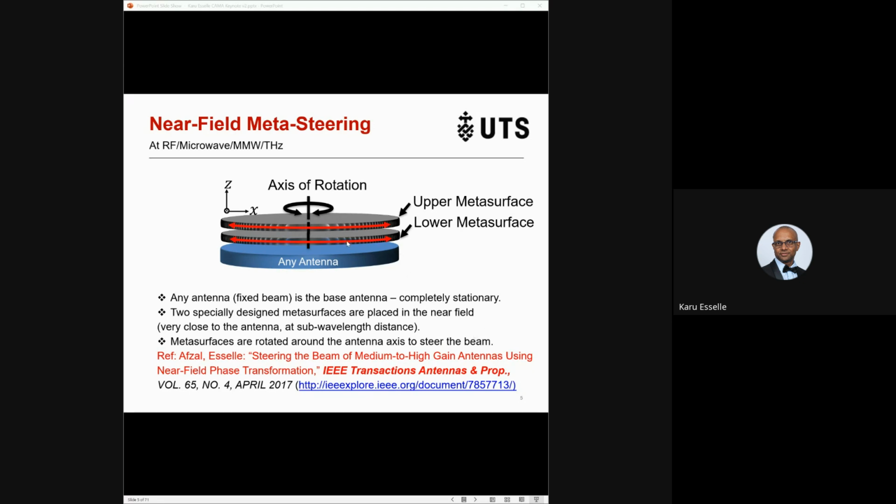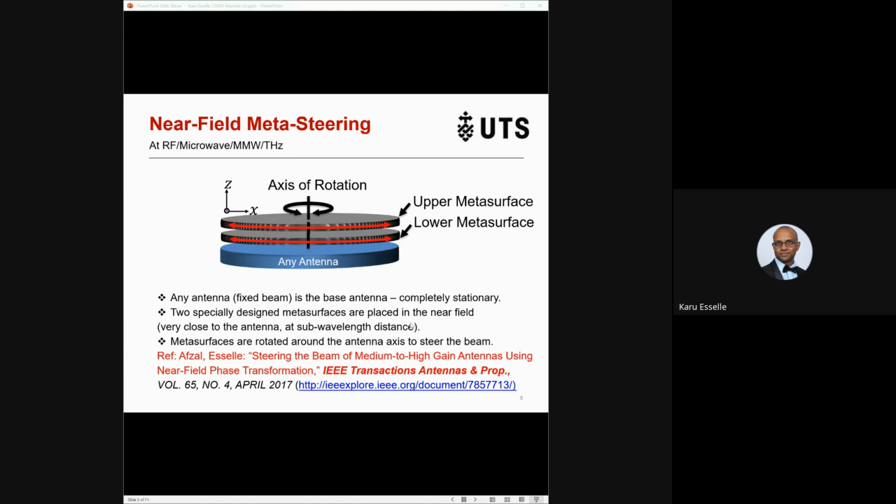this is more of the same figure. This can be applied in any frequency, RF microwave, millimeter wave, terahertz, or even higher, as long as you are able to develop phase gradient metasurfaces. So you can use any antenna as the base antenna. It's completely stationary, a fixed beam antenna. And I said these two special design